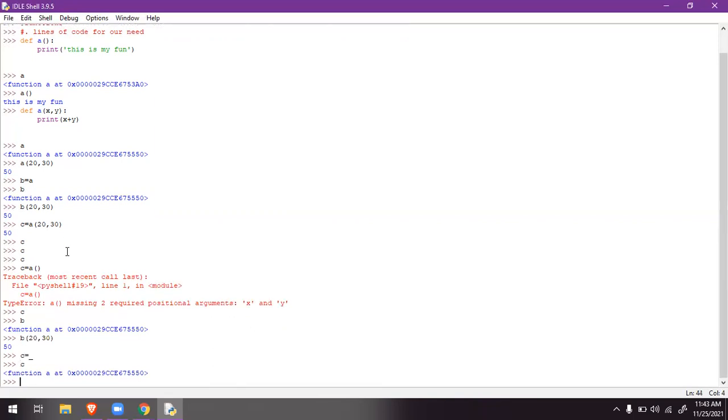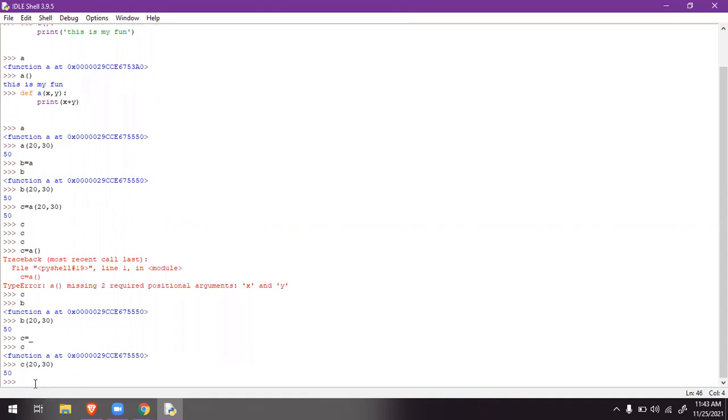Like that we can give the functionality to the other variable, and we can use the c function also, 20 comma 30. But it is not directly assigning the functionality to another variable.